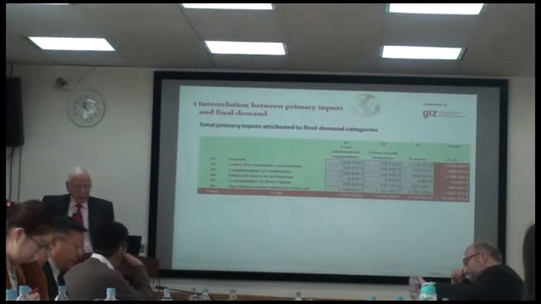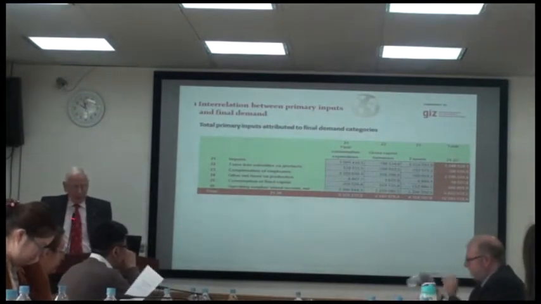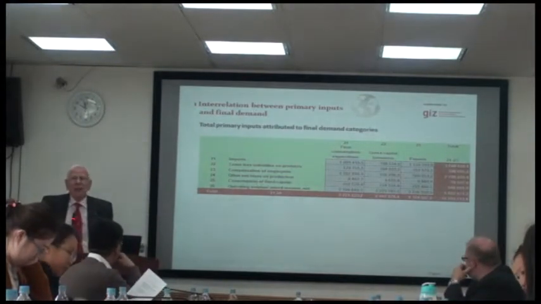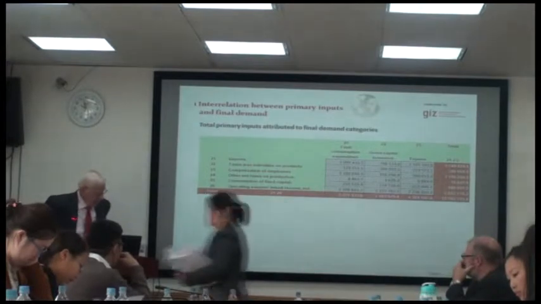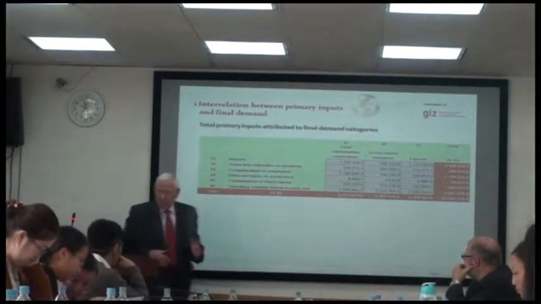Because we have the chance to compare the totals in the last column and the totals in the last row with our basic input-output table. Look back to our basic input-output table. I think we have it 3 times.